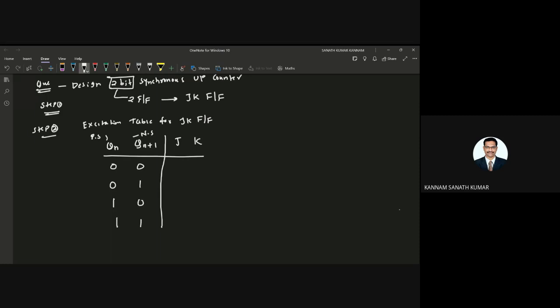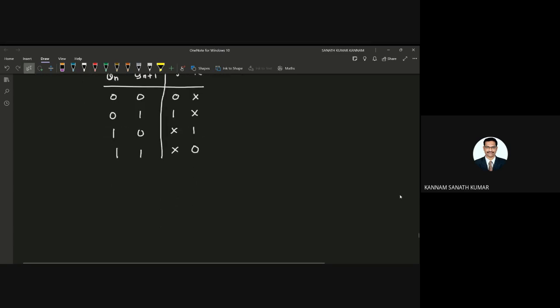When Qn and Qn+1 are 0 0, you get 0 and don't care, then 1 and don't care, then don't care 1, and don't care 0. You get the excitation table from the characteristic table. So this is step 2.